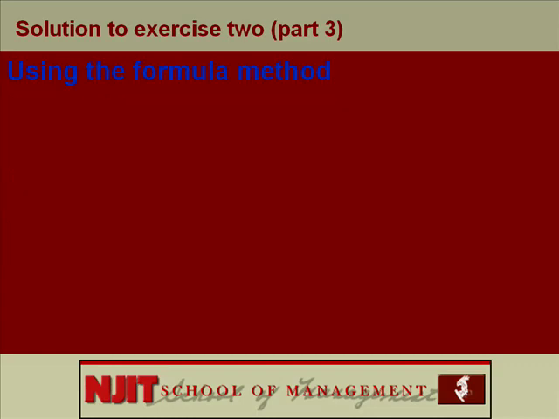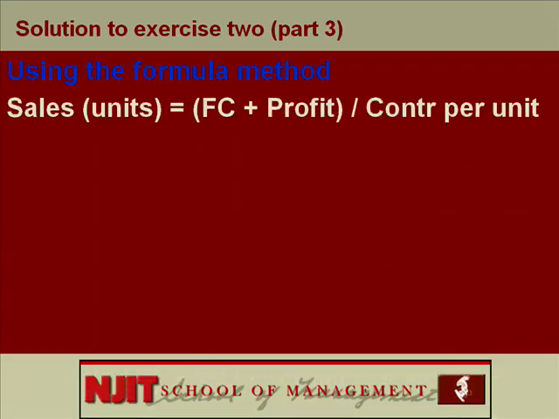If you use the formula method, which formula would you use? It's definitely on the right side because it's not break even, and it's the sales in units or in dollars. They gave you the sales in units. So it's on your formula sheet, the top formula on the right hand side: sales in units is fixed cost plus profit, the whole thing divided by contribution per unit, which is